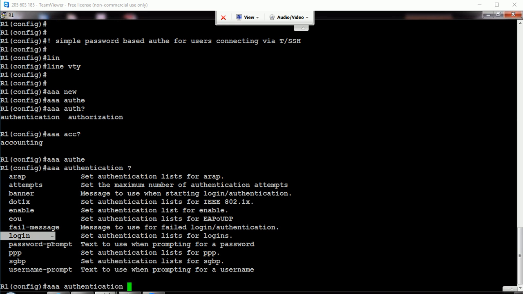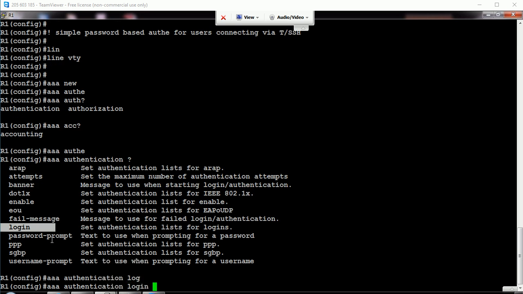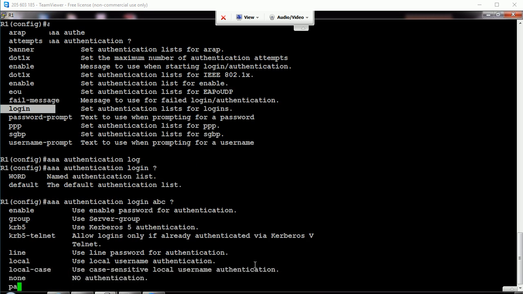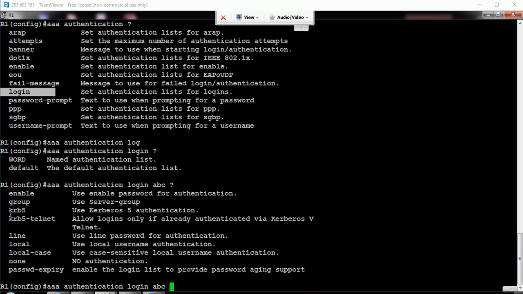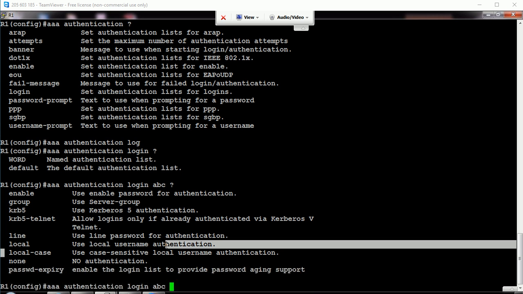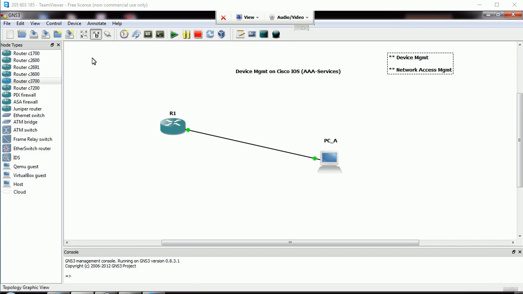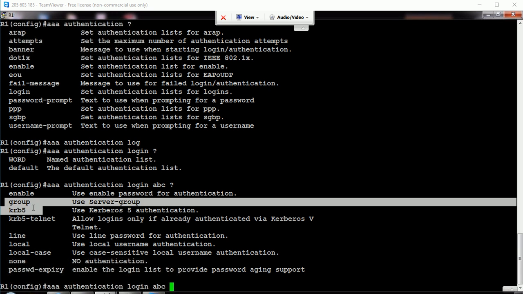When somebody is trying to log in to a device or connect to a VPN device, I need to authenticate. So I'm creating a method list of authentication type related to login verification. The rule name I'm defining as, let's say, ABC. That rule indicates I want to authenticate using what? Only using password, or based on username and password, or, if that username and password is not in the local router but I have a separate AAA server, whatever username and password he types, I want to verify with the external server. Then I can call my external server.